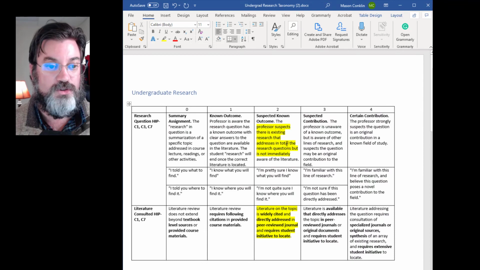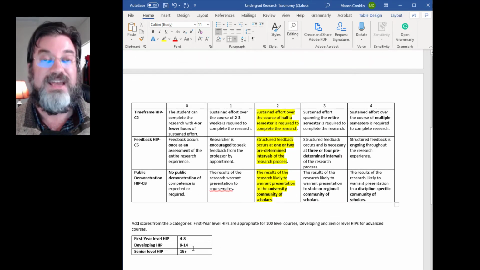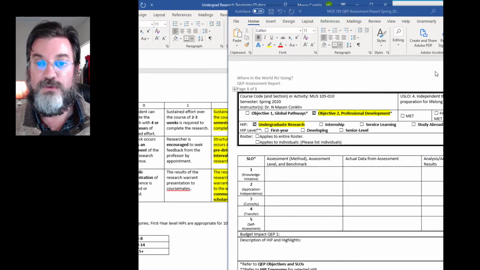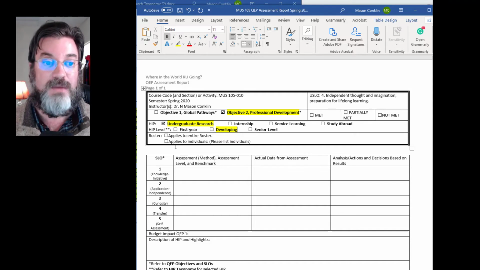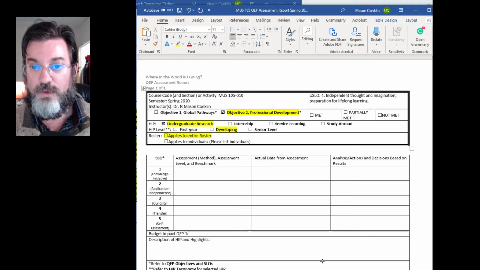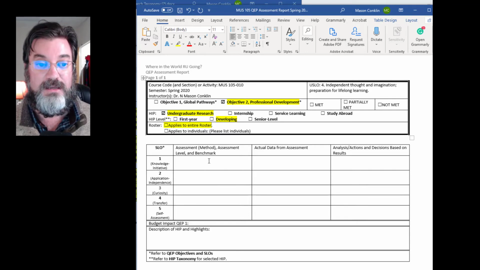Let's see what that scores. 2, 4, 6, 8, 10. So this was a developing HIP. So I go back to my QEP assessment report, and I'm going to choose that this was a developing HIP. And it applies to my entire roster. So I'll go ahead and highlight that too. Okay. Now it's time for me to put in the